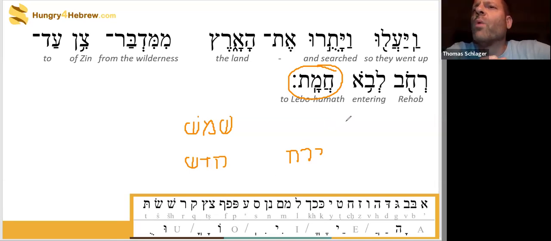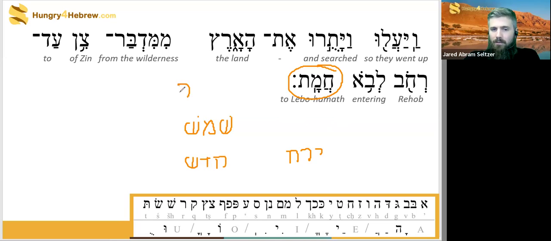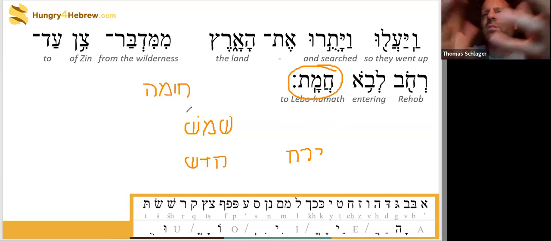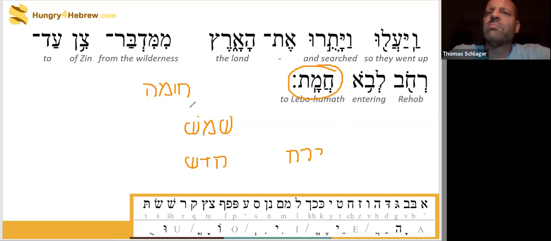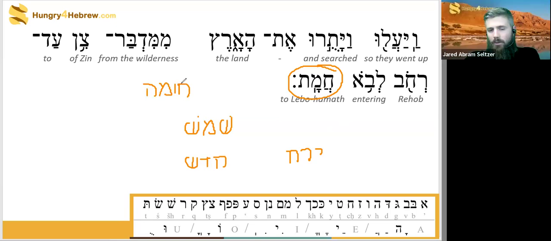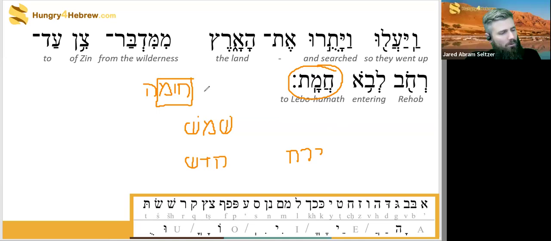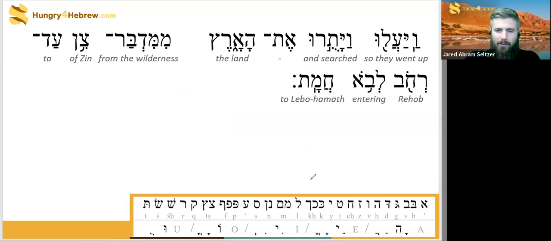Choma is a wall. Chama is Chama, right, and I think that's equal. I don't know. Choma is wall. I wonder if Choma comes from, well, I guess that is Chum, right? Chama, Chum, Chomo, Chomotayim. I don't know what the root of Chomot is, or Choma. It's a good question. I don't know why it would be related to hot.